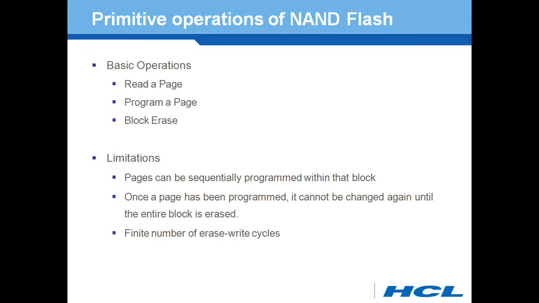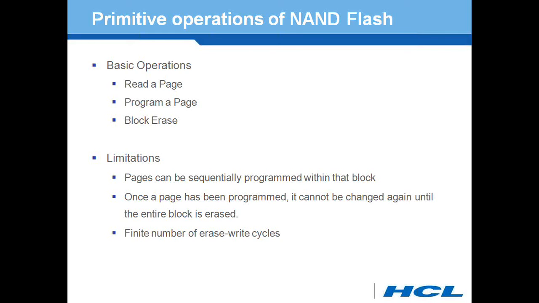What happens while reading a page from a flash? The internal flash memory can be accessed on a page basis. Whenever a read command is issued to the flash device, first the data is transferred from the internal memory to the data register. From the data register, the data can be sequentially output to outside memory, from where it can be transferred to the host.